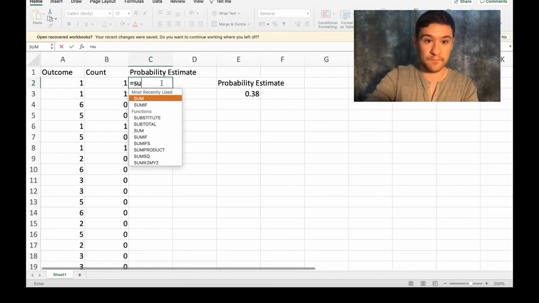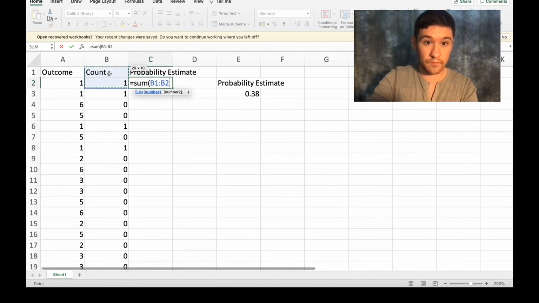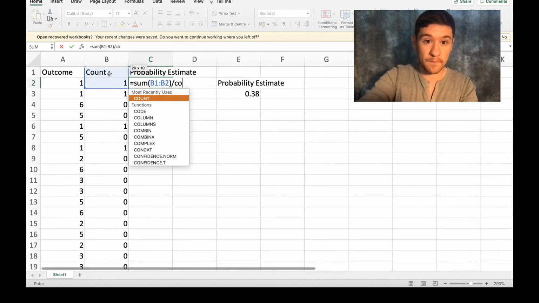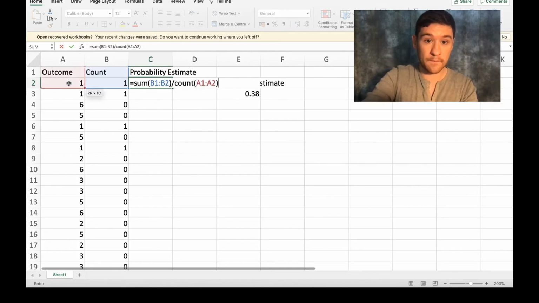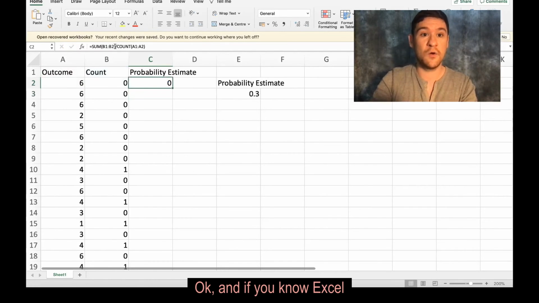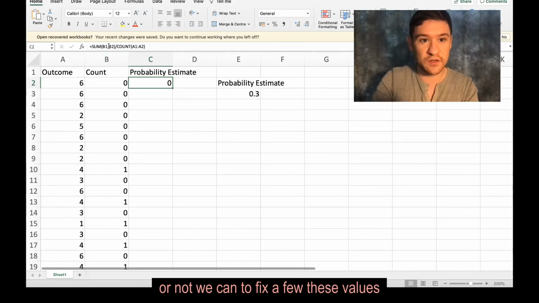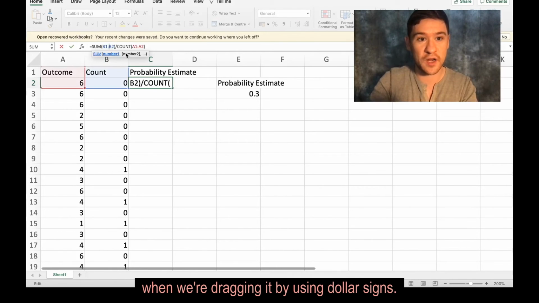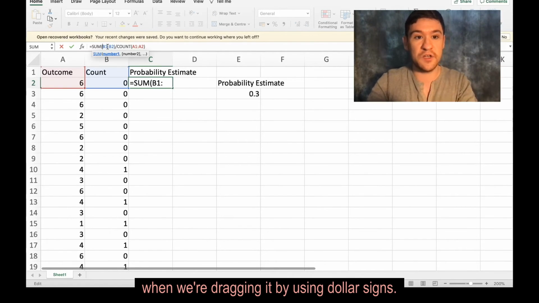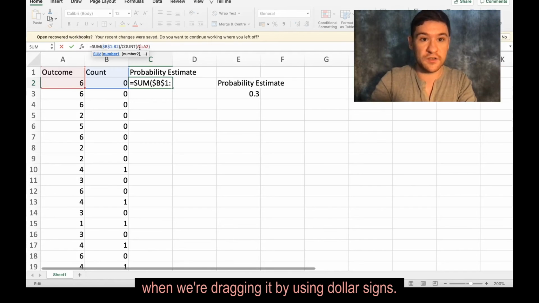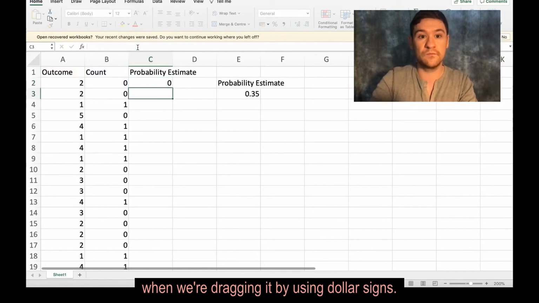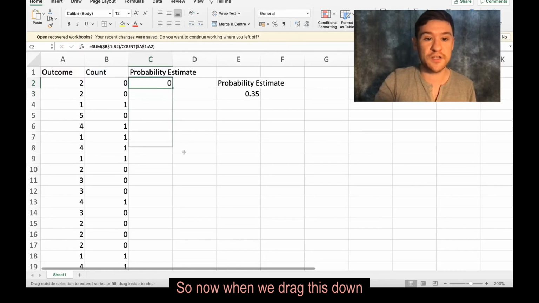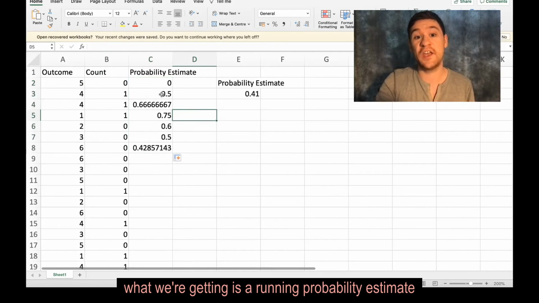Whether you know Excel or not, we can fix a few of these values from when we're dragging it by using dollar signs. Okay, so now when we drag this down, what we're getting is a running probability estimate.